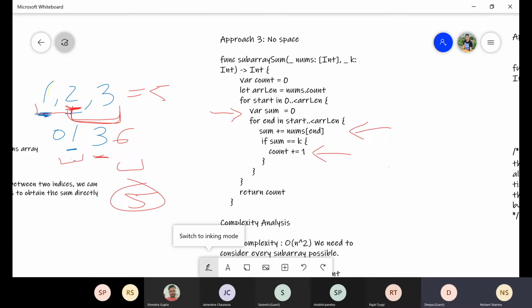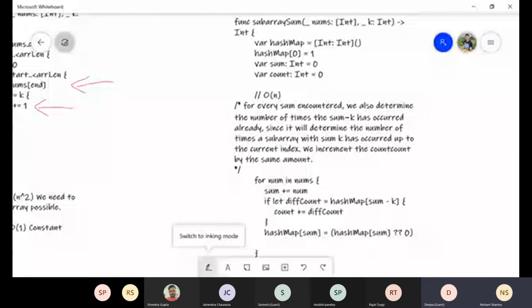Now we will try to optimize the overall thing again. Is it possible to optimize? Yes, it's possible. We can optimize the time complexity. If we optimize the time complexity, we might need to take extra space, which will increase our space complexity, but we will be able to reduce the time complexity in the final approach, which we are going to discuss.